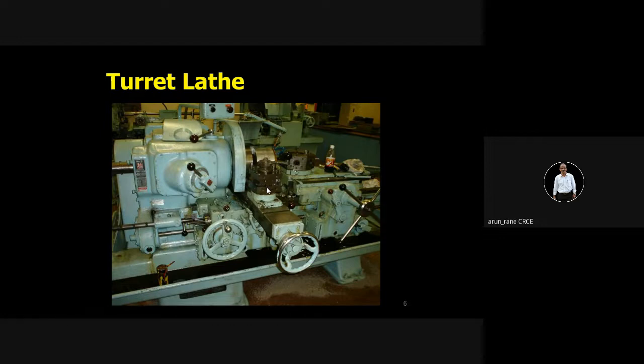And this is totally a mechanical lathe and the sequence of operations, that is first facing, OD turning, drilling, all these are triggered through cams and stops. So all mechanical devices are used for sequencing these operations.